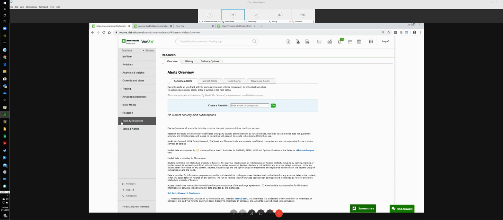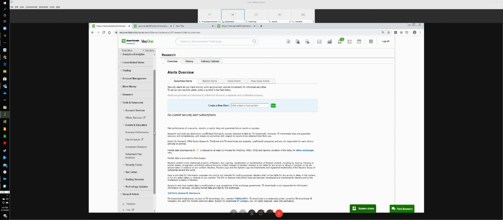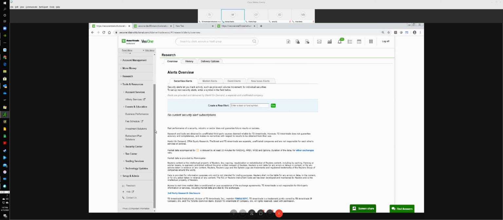And then tools and resources. Talk a little bit about what's in here. So think of this as the resource center on Veooo Legacy. It's a lot of content, documents, PDFs, explanations about the services we provide, the products we support, those types of things. There's a hyperlink here to events and education, so you can actually get to the TD Ameritrade event calendar,